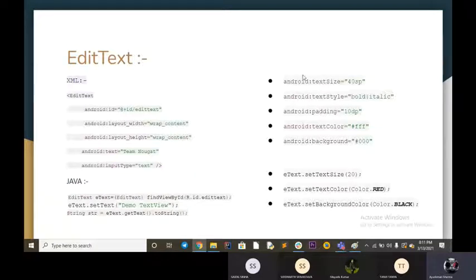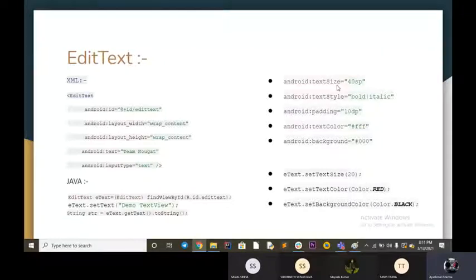The padding is the distance we want to give inside that box. The text color of the text we are inputting in that EditText. The text size, the size of the text that we want on our screen, and the background color.